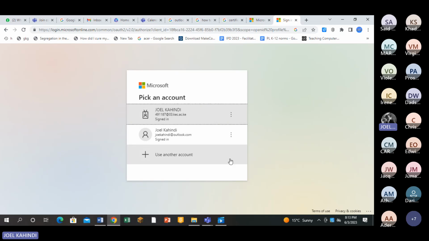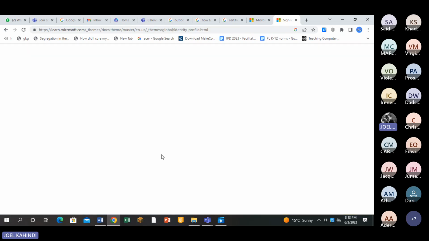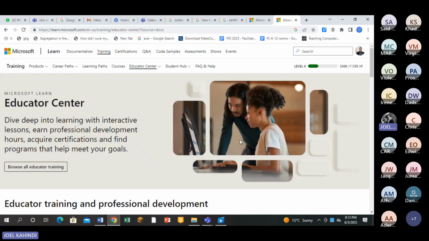The personal Microsoft account is one with the domain Outlook or Hotmail. So you just go to create an account, just like the way you do it in Google, then create one for Microsoft, which has an Outlook domain. For me, I usually use my personal account because I'm not sure that I'll be permanently in TSC. And remember, if you sign up using your